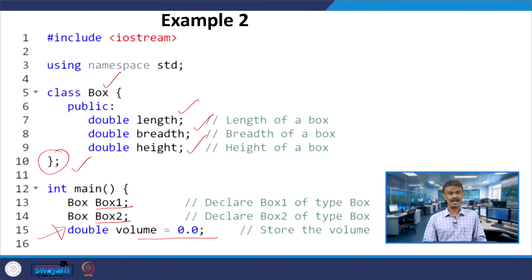In this lecture we focused on objects and classes, and we saw some examples of how objects and classes are defined. We took fruit as a class, and apple, pears and oranges as the objects. In a similar way, in this program the box is the class, and box 1 and box 2 are the objects. Various examples we saw without programs, but two examples we saw with programs. The next class we will begin by running these two examples.